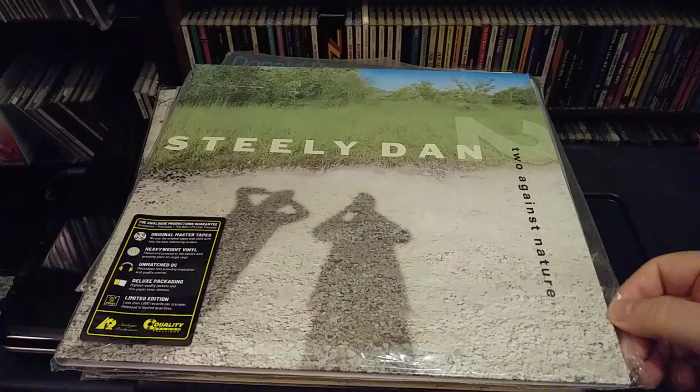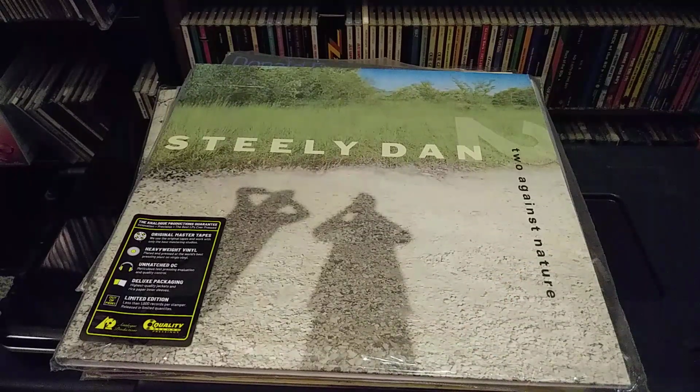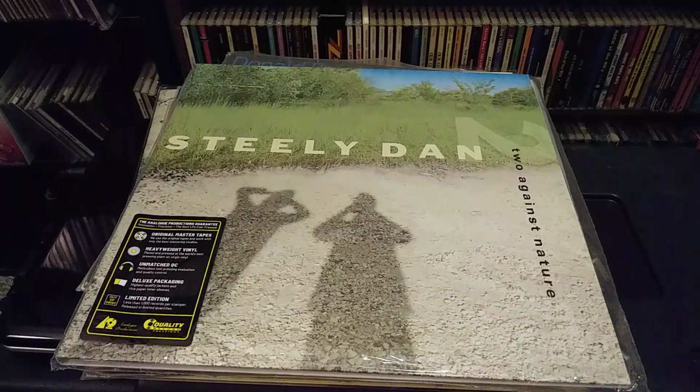Two Against Nature on a vinyl record. I went, wait a minute, I didn't know that had been released. This blew my mind. So I started doing a little research online, and this is when I found Acoustic Sounds. Now, I have heard of Acoustic Sounds and Chad Kassem and Quality Pressings before, but every time that I had